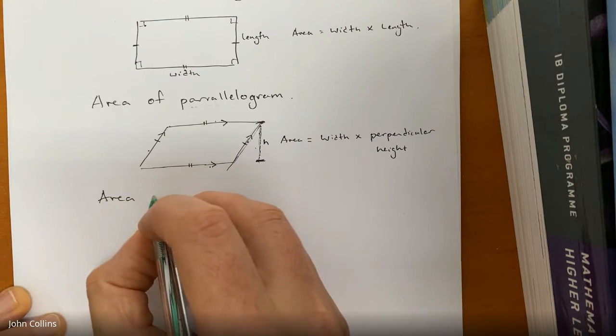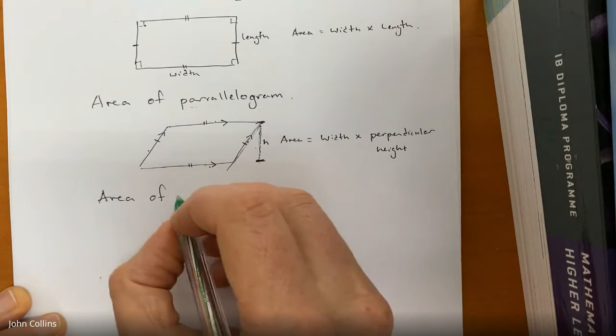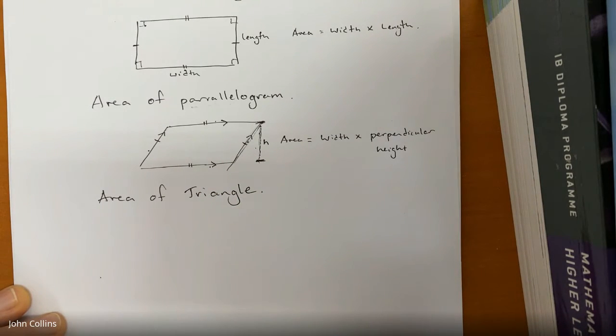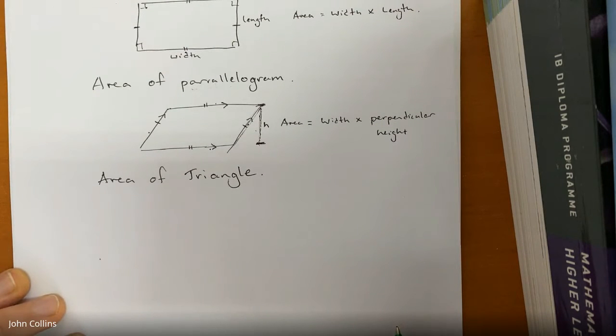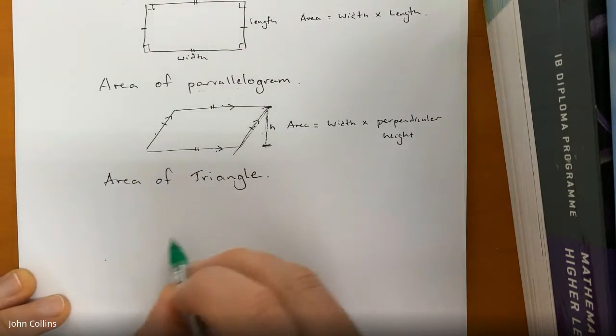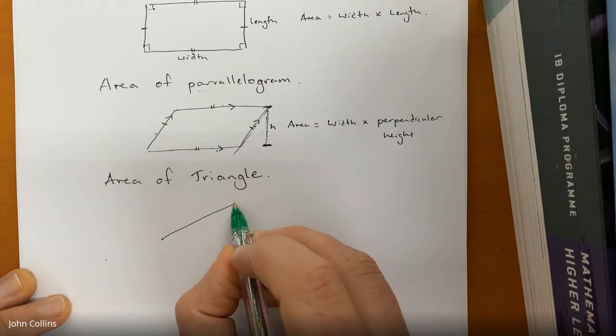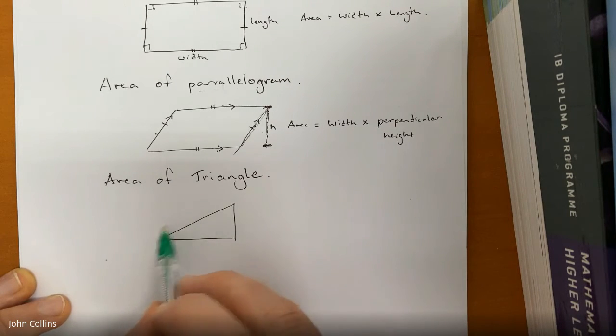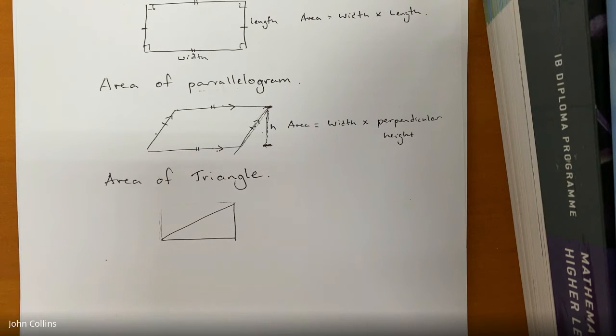We're also going to look today at the area of a triangle. Now, something interesting about a triangle is, if we draw a triangle, and I put another triangle the exact same here, it would form a rectangle, wouldn't it? So 2 triangles is a rectangle. Now, often the way you see this written is half the base multiplied by the perpendicular height. You probably have heard that before. And that comes from